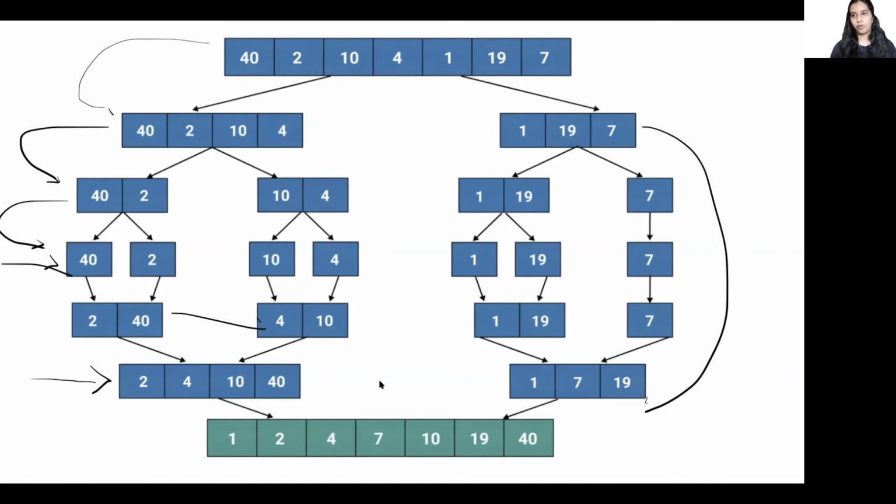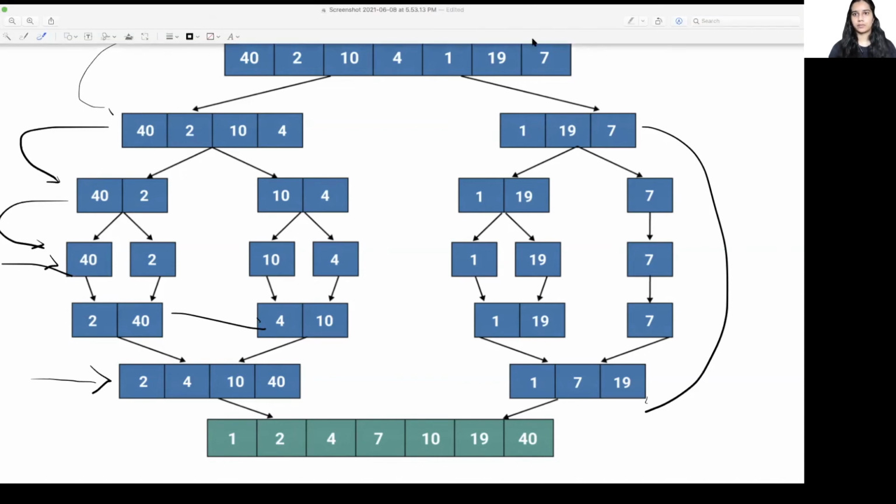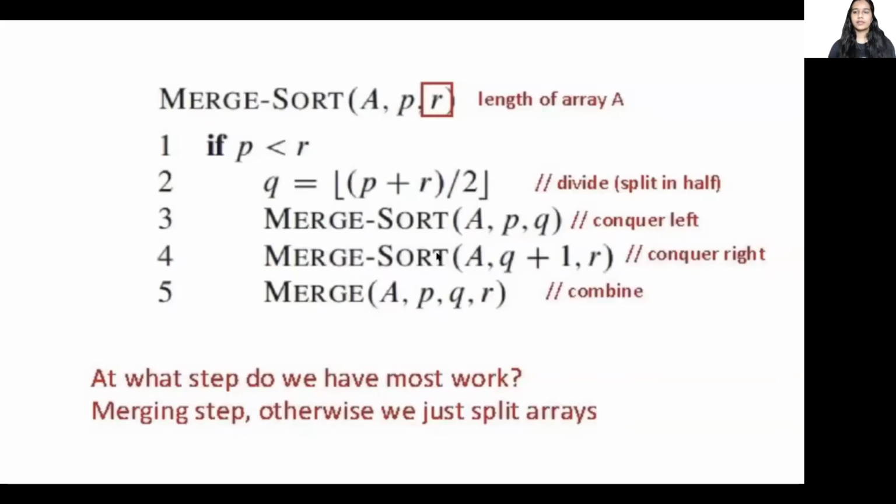Now let's move on to study the pseudocode implementation of Mozart. This is the pseudocode implementation of Mozart, which is very easy to understand and it is also interesting. All we have to do is sort the left side of the list, sort the right side of the list, and finally merge them back together. As we have seen that most of the work is done by the merging step, we have to perform the merging step efficiently in the Mozart algorithm.